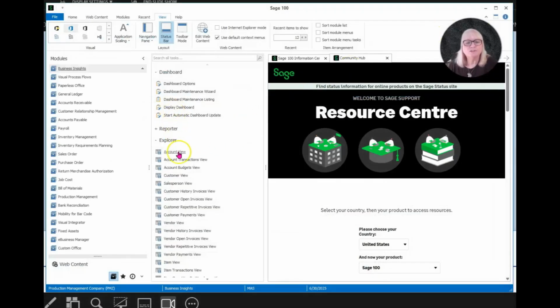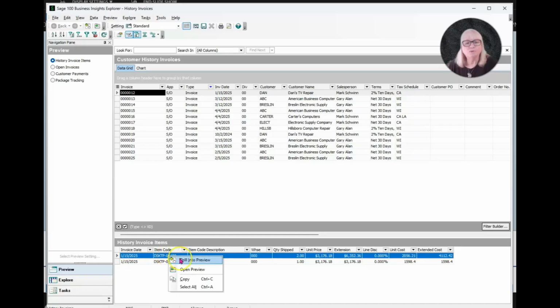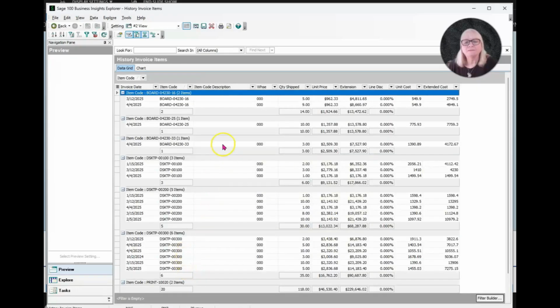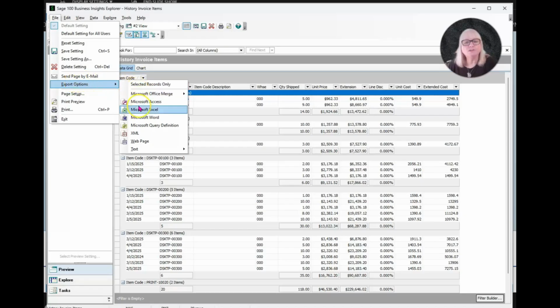And now you'll see when we launch this, I'm going to drill back into here from scratch. And if we go down into the preview, you can see that it defaulted to my view here, which is great because that's exactly what we were looking for. So lastly, just as a reminder, you can export this information out to Excel. It won't include the subtotals because those are just based on what's on the screen, but the detail will come out exactly like you've got it formatted and in this order.